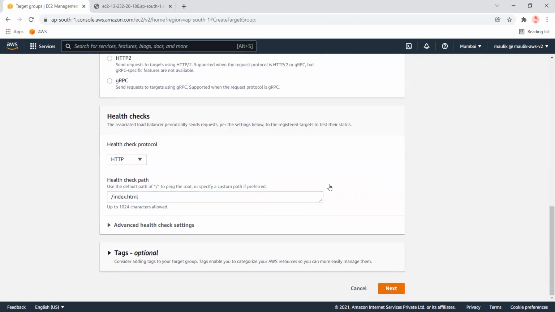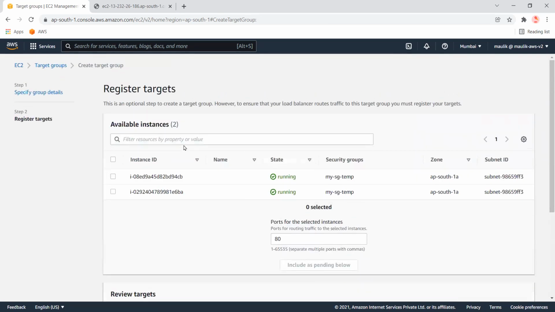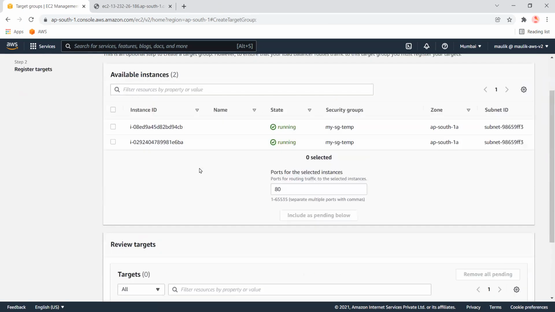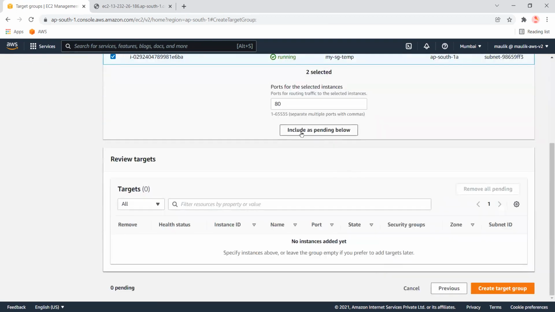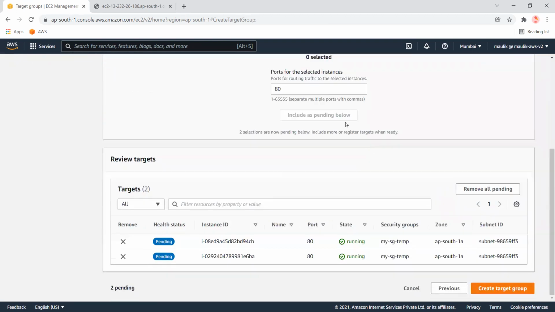Okay, let's go to the next step. Here we need to select all the instances which we want to include in the target group. So I'll select both instances with the port number and then create the target group.